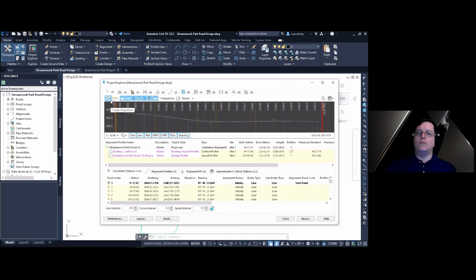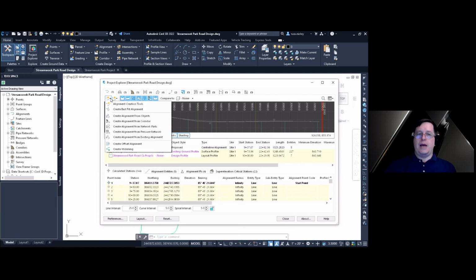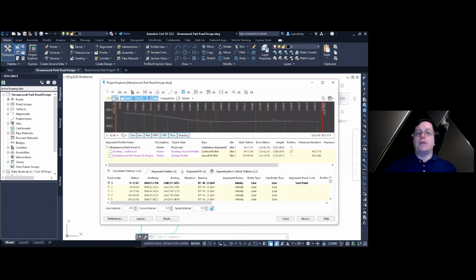To the right, just below that, is the creation area. Now, there's going to be one or two icons usually in here. In this case, we're in the alignment tab, so this is alignment creation tools and just different ways that you can create alignments. And because profiles are very linked to alignments, you can go to the profile tab and click that drop down and access those as well, creating objects immediately from Project Explorer.